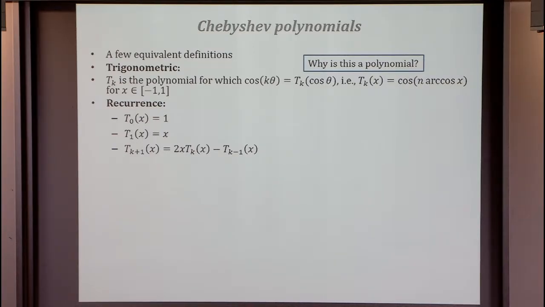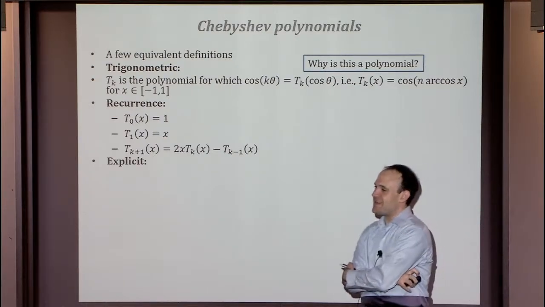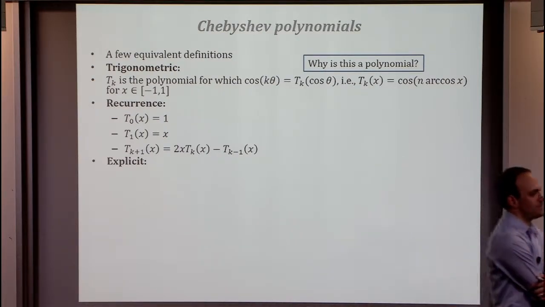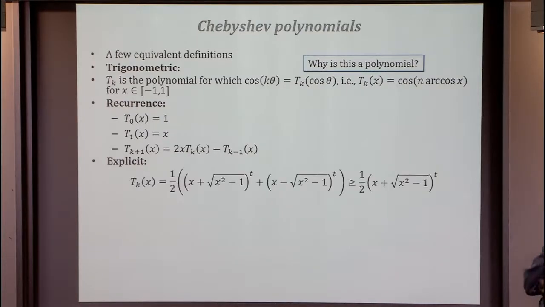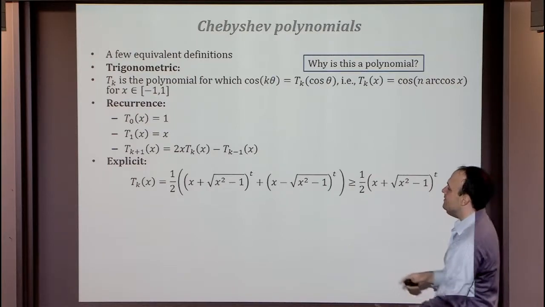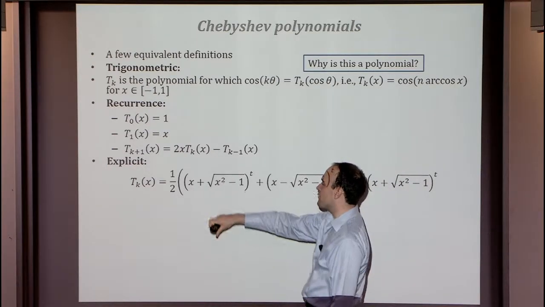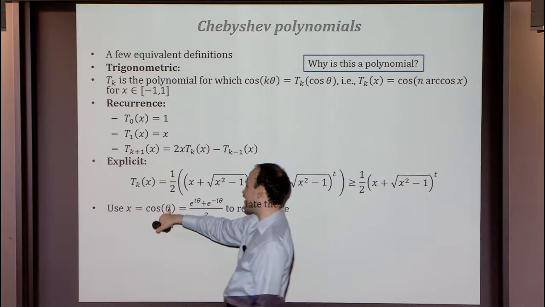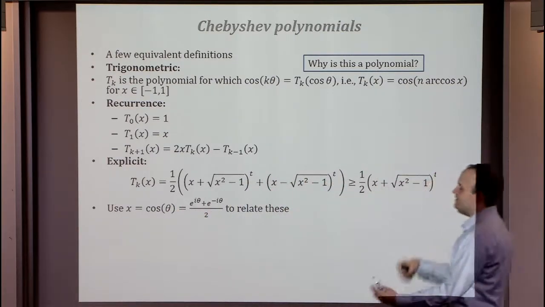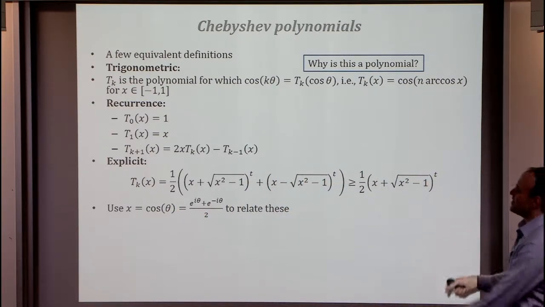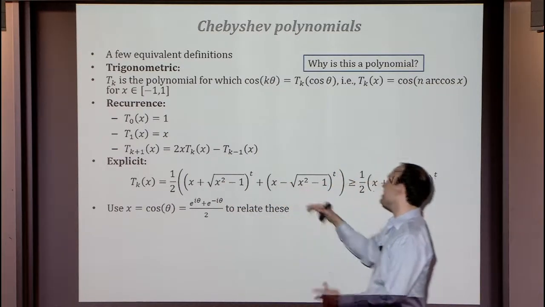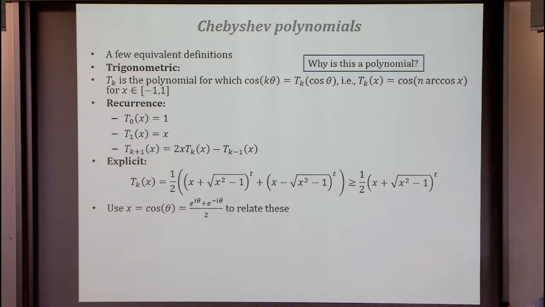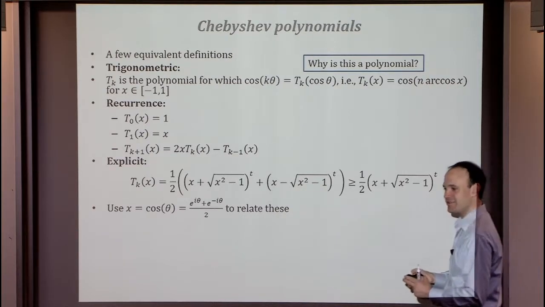Now, once we have both of these, there's an even nicer one to work with for one of our bounds, and that's an explicit form for them, which I think I could have just written down from scratch, but it's a little unmotivated, which is this. The right way to convert one to the other is to write cosine theta as e to the i theta plus e to the negative i theta, over 2, and then just plug it into the first one. It's not very hard to get this expression. And that's what we'll use to verify the bounds in a second. Okay, so those are our 3 versions of Chebyshev polynomials.